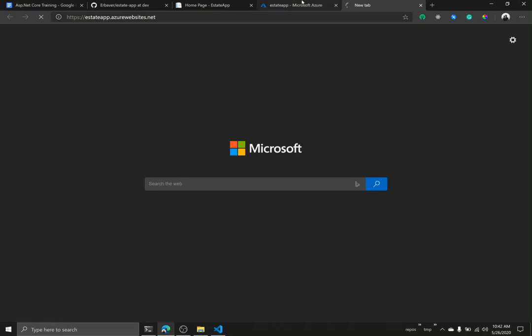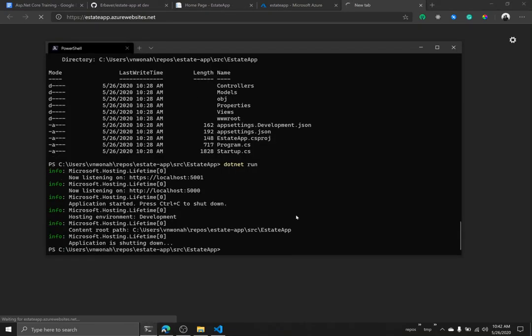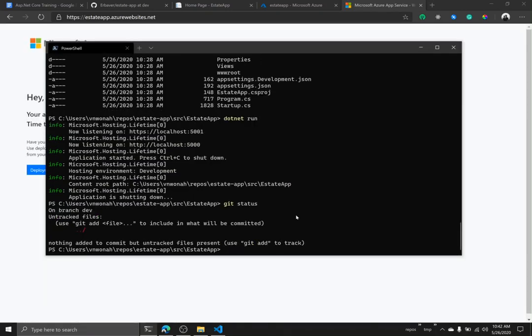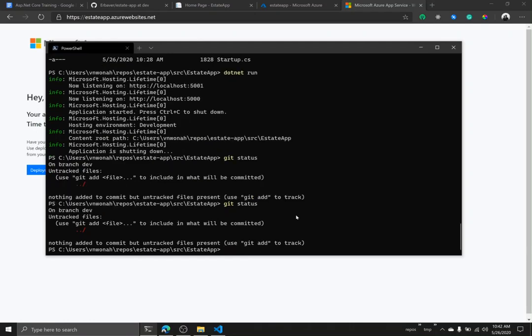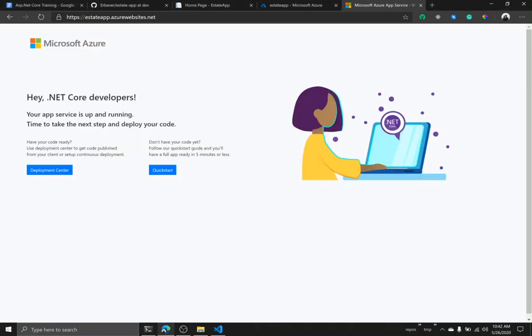It's taking a while because this is the first time we're browsing to it, so it's still booting up. I'm going to stop this application. Okay, so we see it says, hey, .NET Core developers, your app service is on,